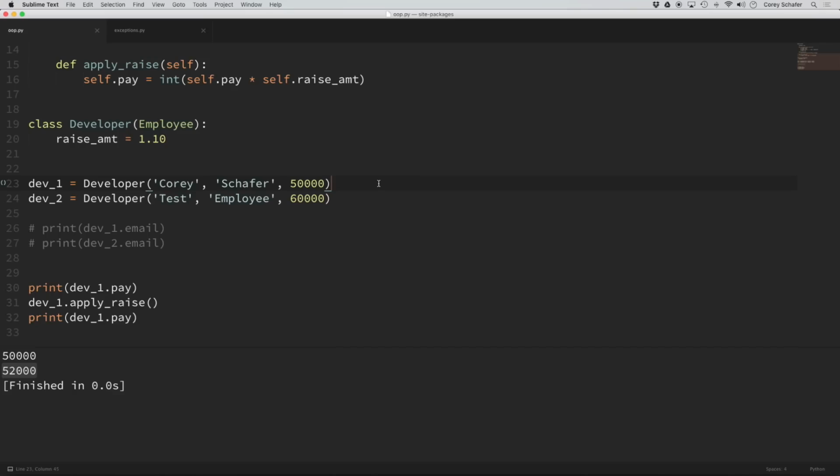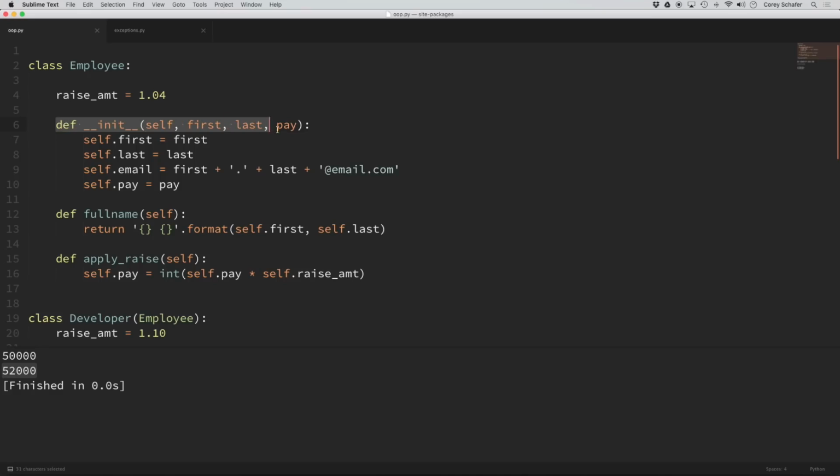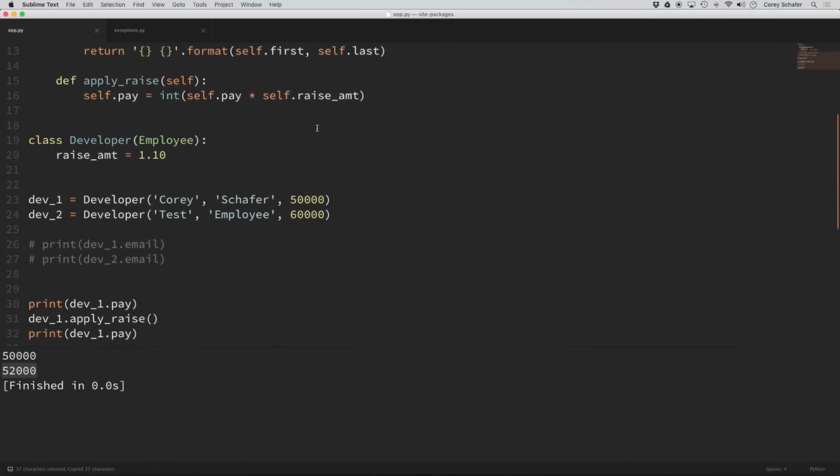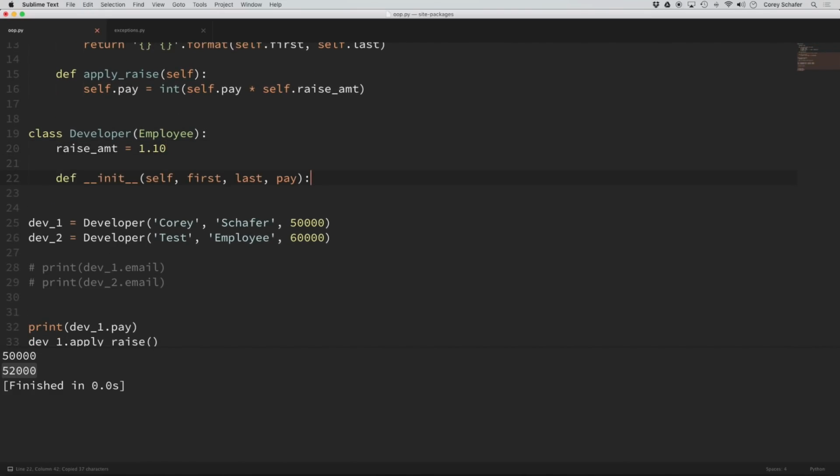So if we also wanted to pass in a programming language there, then to get around this, we're going to have to give the developer class its own init method. So what I'm going to do is go up here to our employee class and grab that init method, and I'm going to paste it here within the developer class. Now, along with the first name, last name, and pay, I'm also going to add in an argument here for